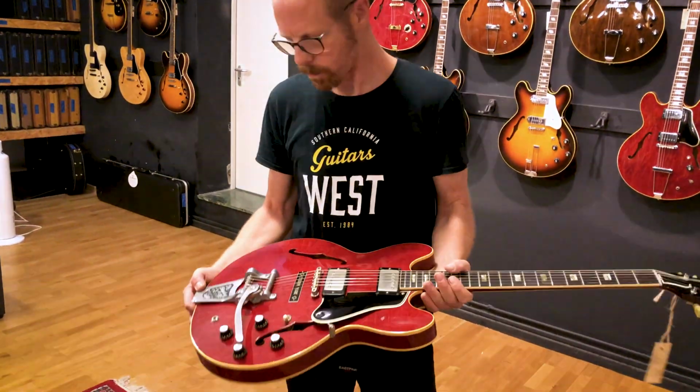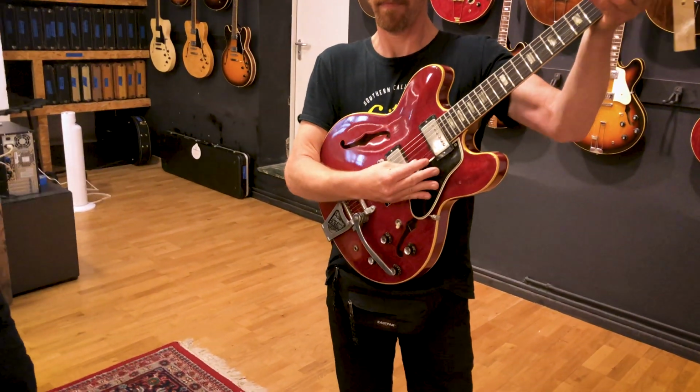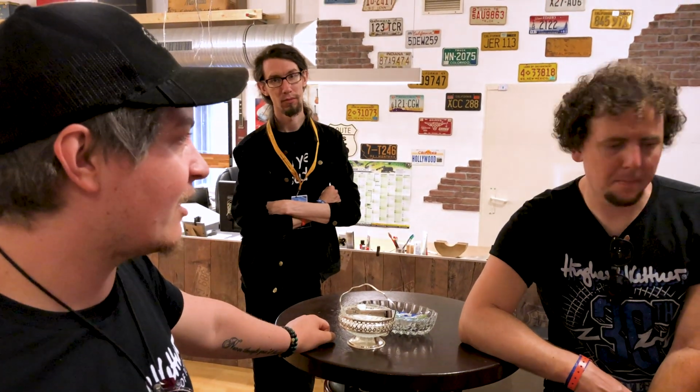Was it good? Yeah. Well, the guitar was amazing. You're just like, yeah, this is a great guitar. But also, you're not too sure if it's the mojo. You're not sure if you're sitting there and playing a 1962 Strat, right? And you're just like, this is one of the guitars that the custom shop constantly recreates. So you're like, I'm not sure if I like this more just because I'm playing a 62 Strat. What they tell people is you get an exact copy of the old instrument, but that isn't